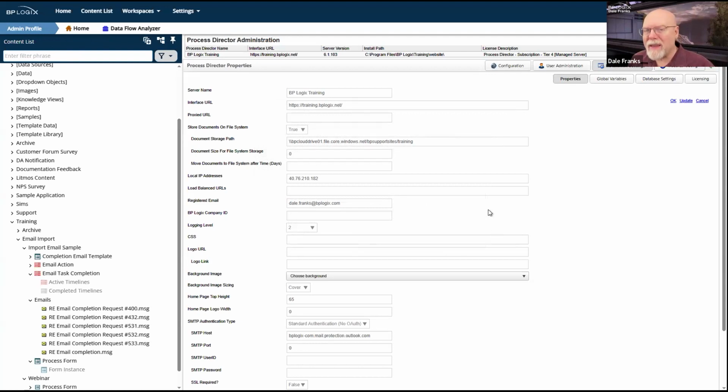Now, the only way that the system works for this is if there is a folder to prompt a processing of these emails. So I get the email as a user. I send the email off to whatever email inbox it goes to. At some point, BP email import runs and it grabs those emails and does what with them? Well, it has to import them into Process Director. So it needs a folder location where those emails are going to be stored.